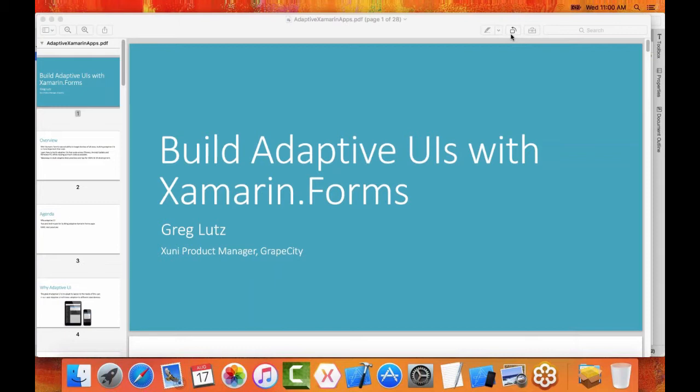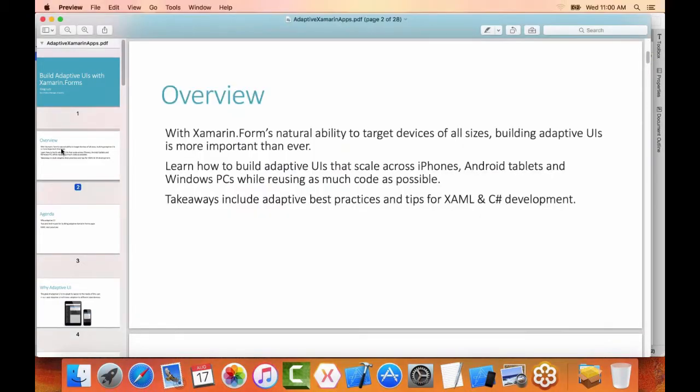All right. So today we have a webinar, or I'm sorry, a lecture that I titled "Build Adaptive UIs with Xamarin.Forms." The reason why I put this lecture together is because I really felt like there was a lack of information on developing with Xamarin.Forms for tablets. There's a lot of good information out there on how to create great mobile apps with Xamarin.Forms that run on all devices, but I think that one area that was lacking is the adaptive conversation and optimizing apps for a